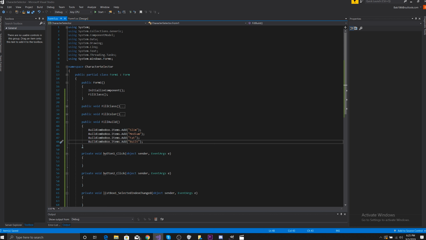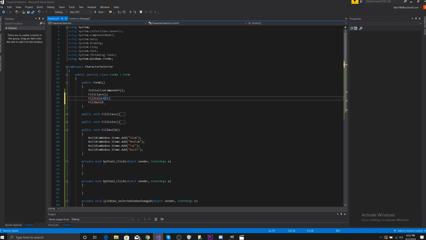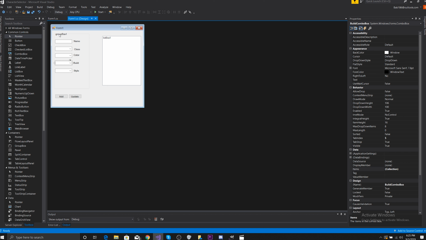And with that, we have the fill builds out. So we can add that, and we can fill the color. So with those three done,